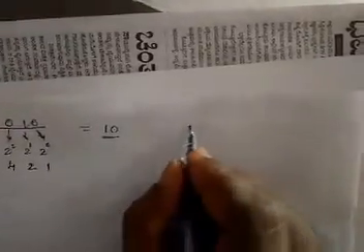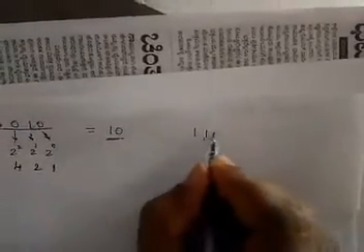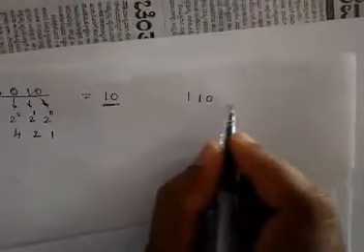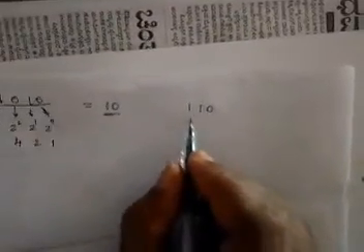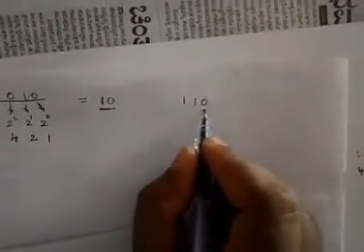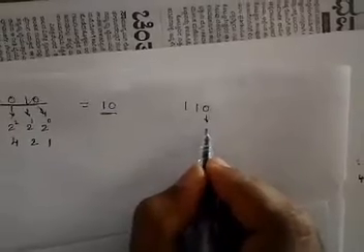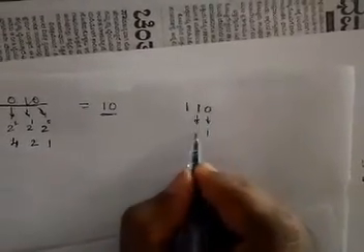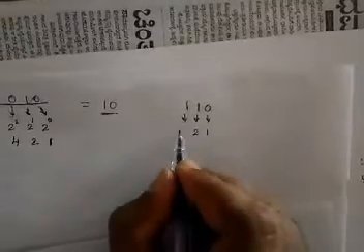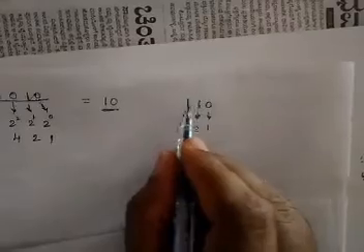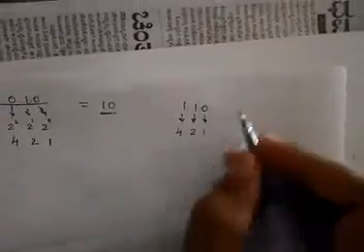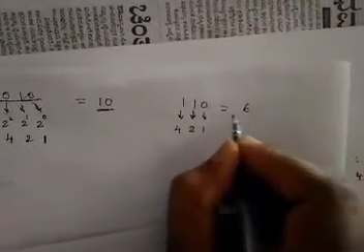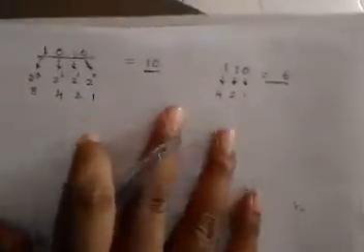Similarly you can take one more, 110. If it is given like this, just concentrate here. 2 power 0 is 1, 2 power 1 is 2, 2 power 2 is 4. Just add wherever there is a 1, that's all. Here it is 4, here it is 2, so I can consider it as 6. This is the simple shortcut method, or else go for the lengthier one.